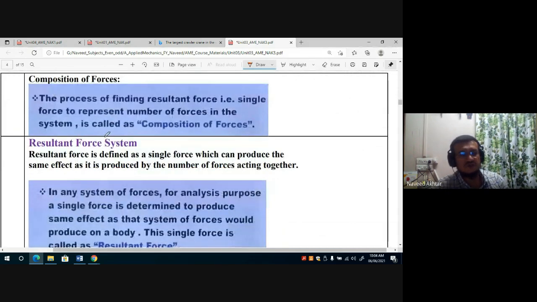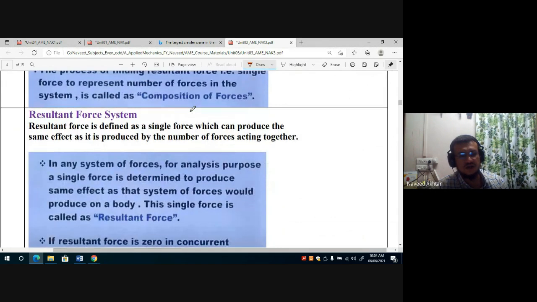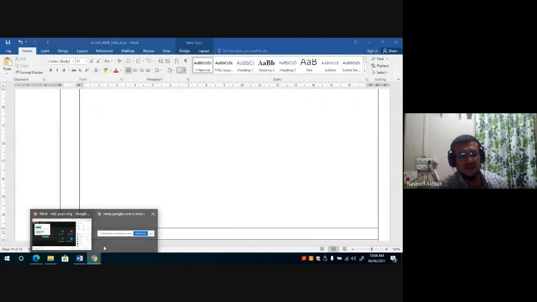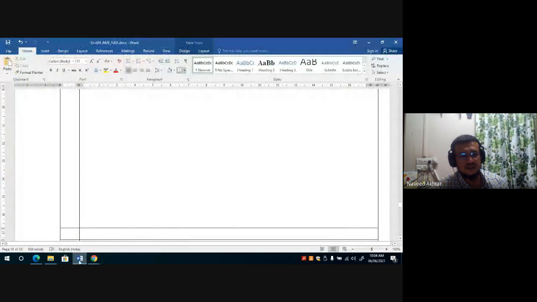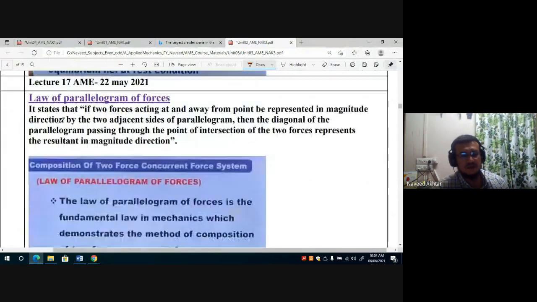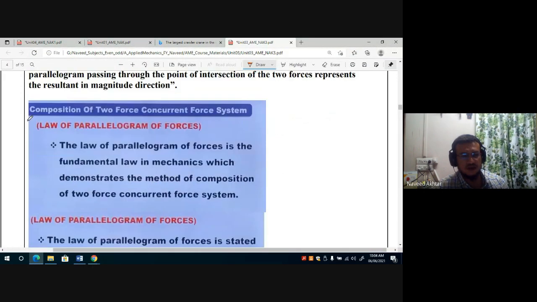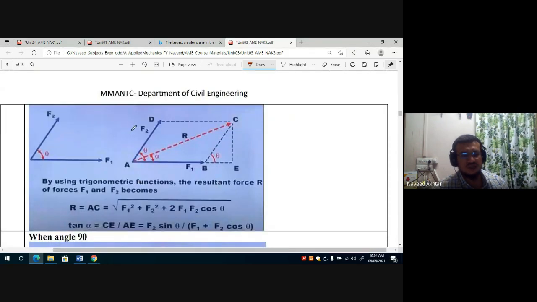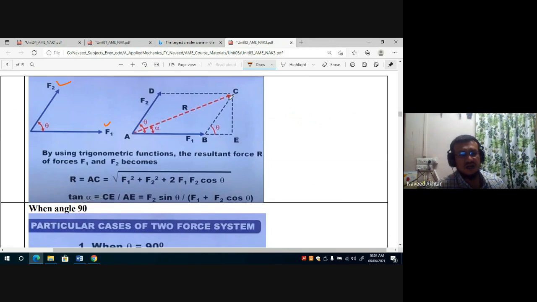And then composition of force. When two forces are added to each other, it is called composition of force. Composition of forces means the addition of forces. The addition of forces can be done by vector addition. And for that, if we are adding two forces, we use the law of parallelogram of forces to add the two forces. Then, for the forces F1 and F2, you can find the resultant R, the addition